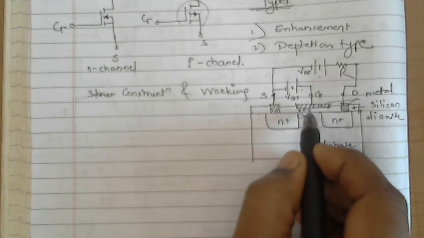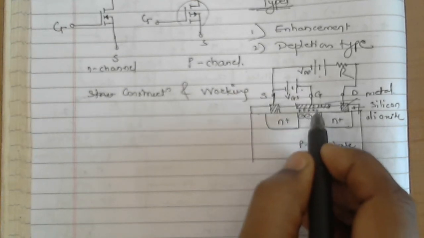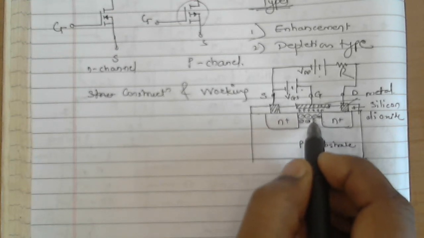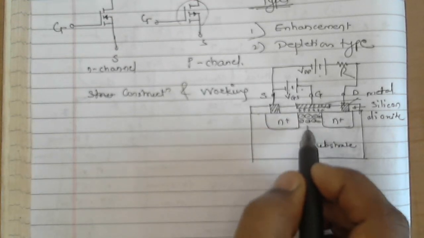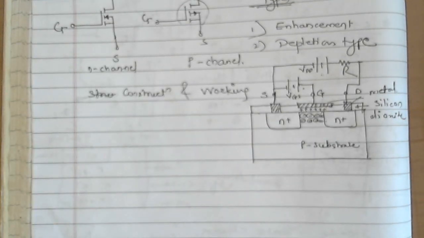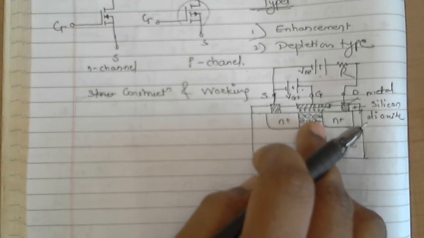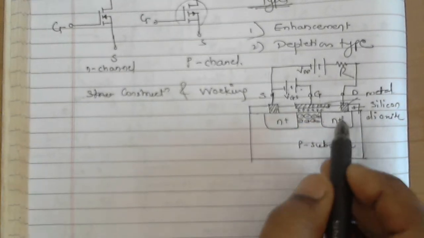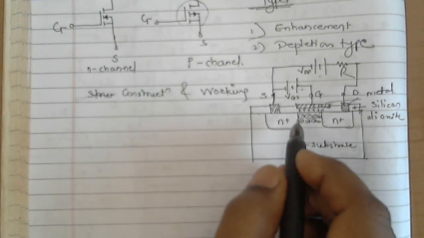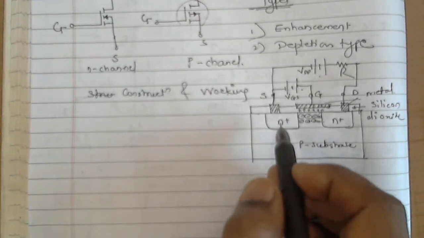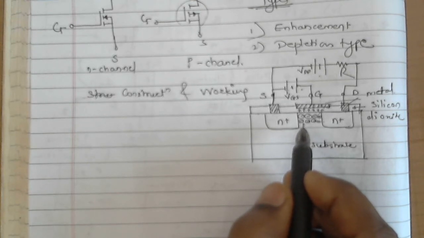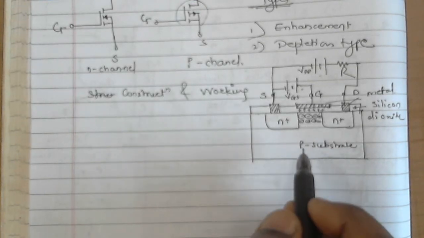Here there will be a positive charge, as we are giving positive here. So eventually it will develop negative charge. It will attract all the negative elements here, and it will develop a negative charge over here. Below this SiO2 layer, silicon dioxide, it will form a negative layer. Now this negative layer of negative charges, which are also called electrons, forms the n channel.